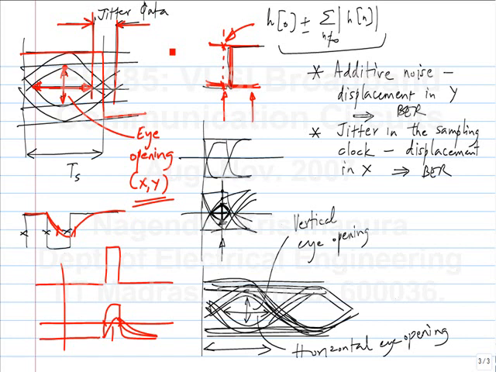So all these have significant effects on the recovered data itself, and also you are supposed to recover the clock from the data. Now clearly, without knowing anything, you can still imagine that it's easier if the data itself has very well defined edges at integer multiples of Ts. Then you can derive a nice periodic clock from it. If the data edges are jittering all around, if the zero crossings of the data are not at integer multiples of Ts, it gets harder to determine what Ts is. So we'll see the effect of this once we come to CDR circuits, clock and data recovery.